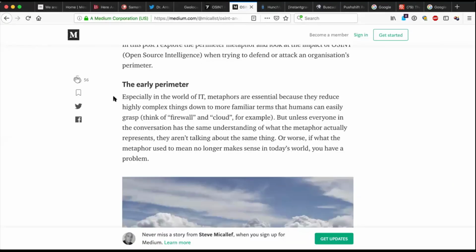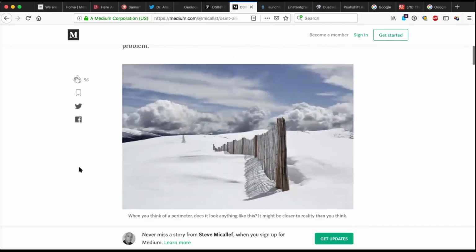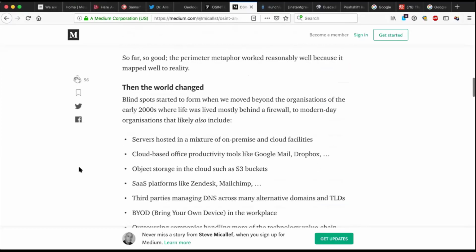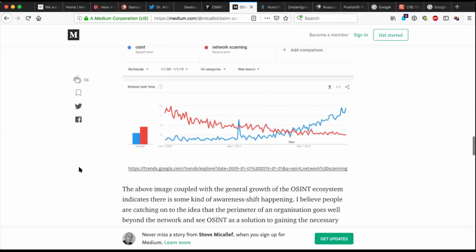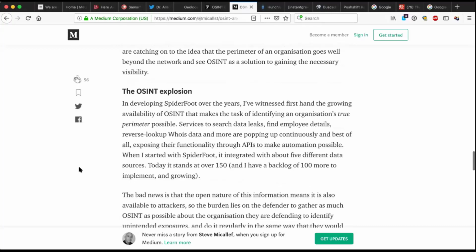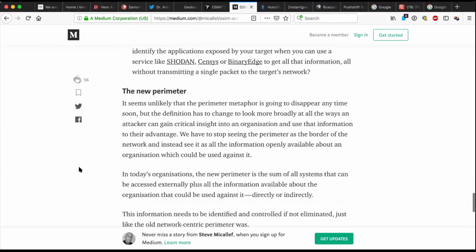And our next tab is, I actually found this on Twitter just today. Steve McAuliffe, the guy who created Spiderfoot, posted OSINT and the new perimeter, a blog on his Medium, talking about trying to identify the new type of impact for OSINT, in his case for InfoSec, but just in general. He actually references the intelligence community, et cetera, and talks about how things tie in now. So I like the way he blogged on it, how the landscape changes. Not changes, how the terms and the words to point out certain intelligence gathering changed.